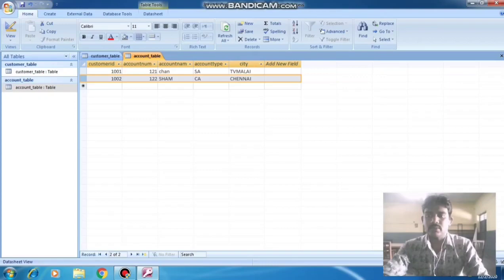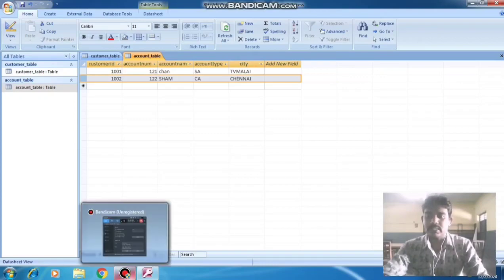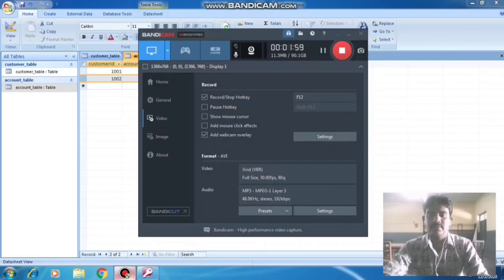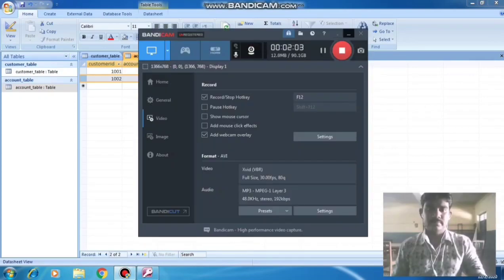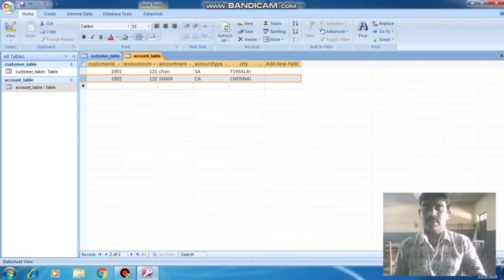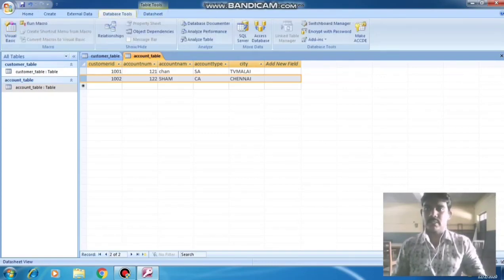Next we have to discuss how to give a relationship from one table to another. Listen carefully. For database rules, in each table, customer table and account table, which one is the primary key?